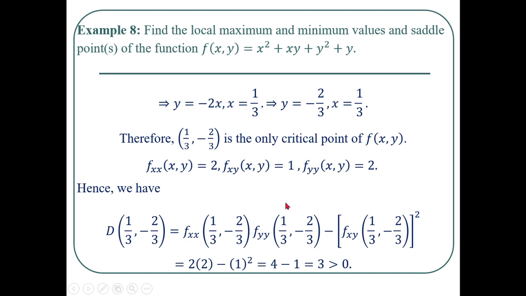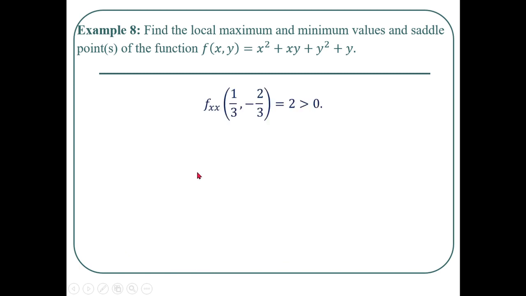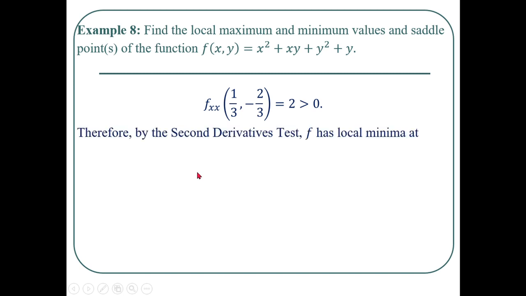That means this point (1/3, -2/3) is not a saddle point of the function. It means it is either a local maxima or local minima, and it will be decided from the value of fxx at (x,y). If it is positive, the point is a local minimum, and if it is negative, the point is a local maximum. Obviously fxx at (1/3, -2/3) is equal to 2, which is positive. So (1/3, -2/3) is a local minima of function f,